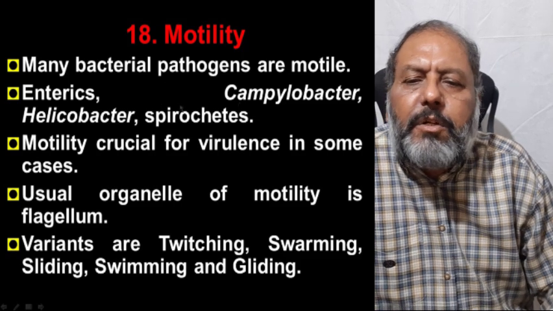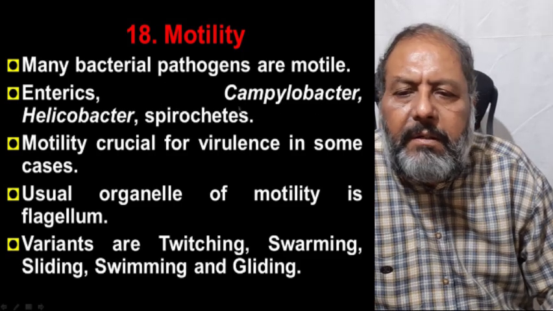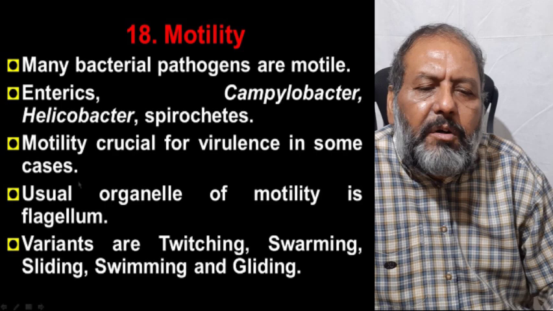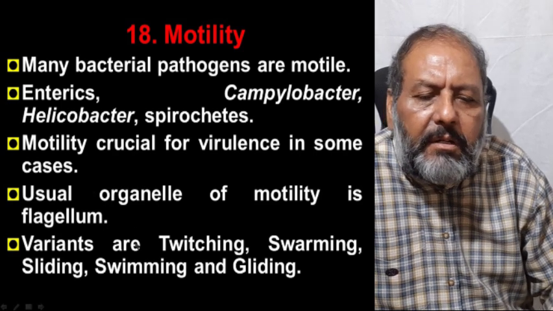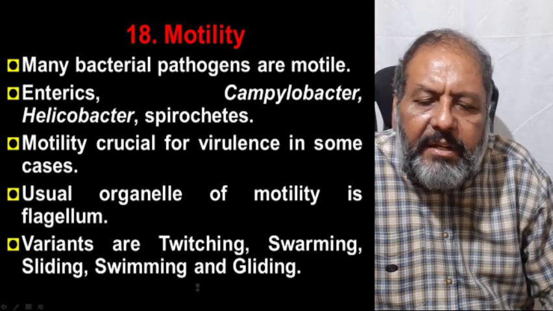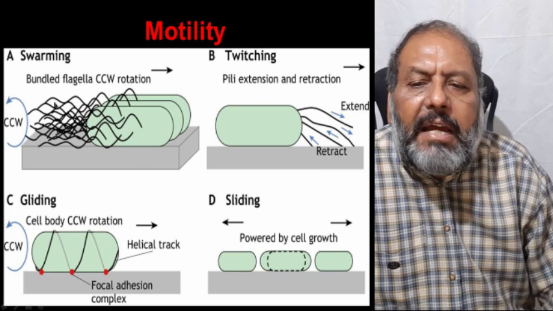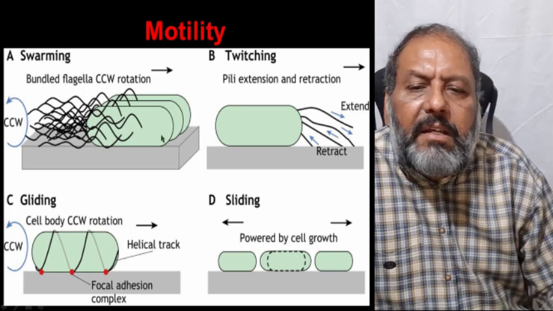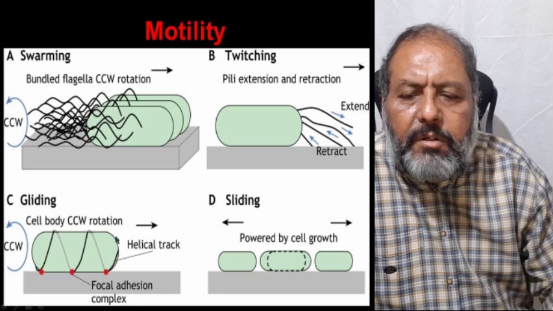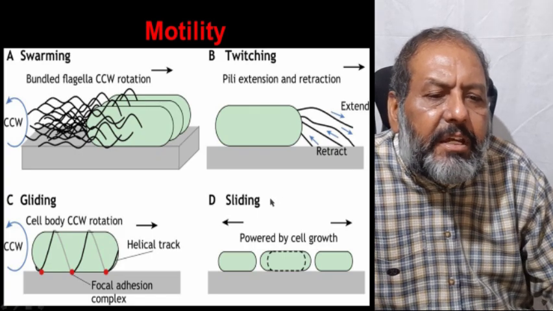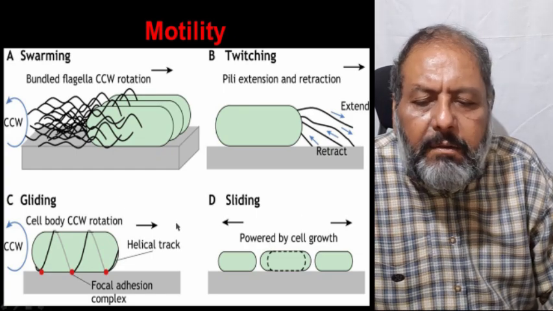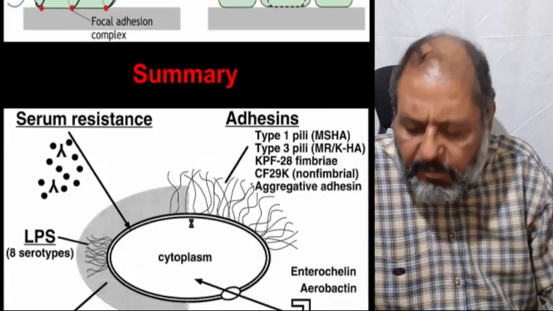The 18th parameter is motility. Many bacterial pathogens are motile: enterics, Campylobacter, Helicobacter, spirochetes. The motility is crucial for the virulence in some cases. The usual organelle of motility is the flagellum. Variants are twitching motility, swarming, sliding, swimming, and gliding motility. As you can see, the bundled flagella have a corkscrew-like clockwise rotation, then gliding, and then twitching and sliding. And that is all the movement by which the bacteria are able to move from one place to another